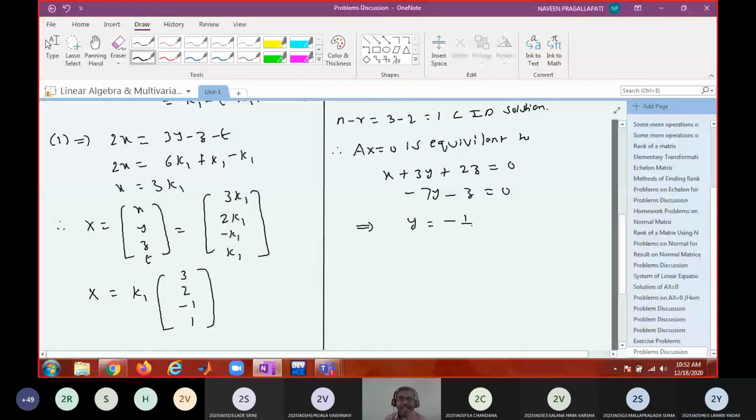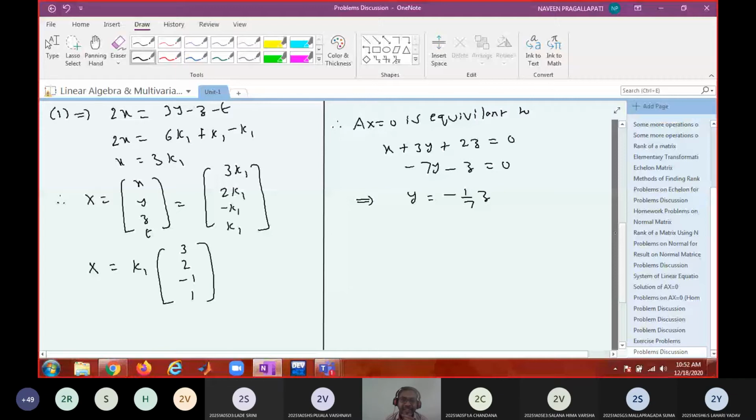Now let us say we have written like this, but I don't want to get a fraction. What is the free variable? Z. If I write z equal to k1, you will get a fraction for y, and I don't want to get the fraction. Then what can I do? Z by 7 is equal to